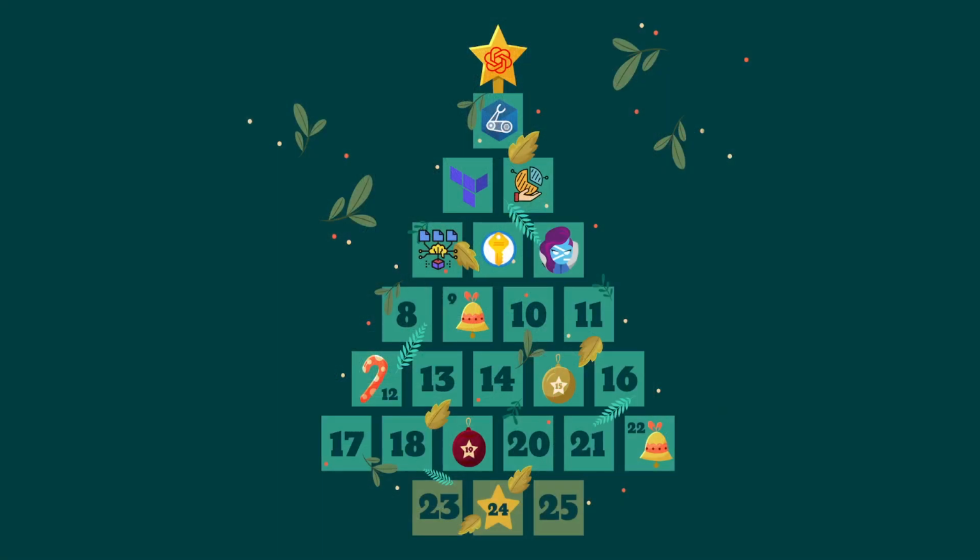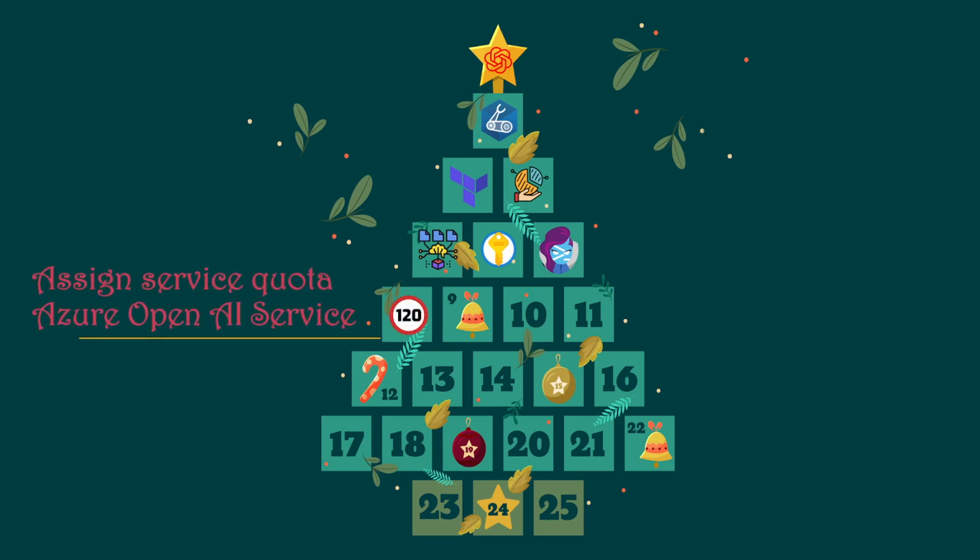And we're gonna unbox box 8. Drum rolls. And for today we have assigned service quota for Azure OpenAI Service. So we talked about the service quota earlier in one of the earlier episodes where I explained the concept. We went through the whole concept and checked out what it is, how it works. Today we're gonna focus more on how to assign it, but before we do that, a little bit of a recap. So the quota feature